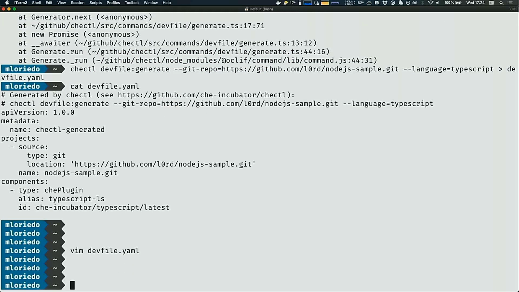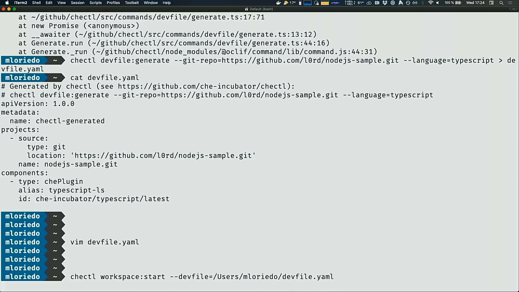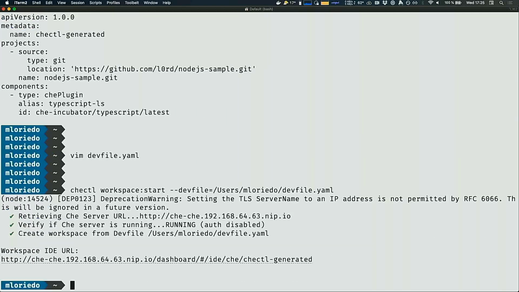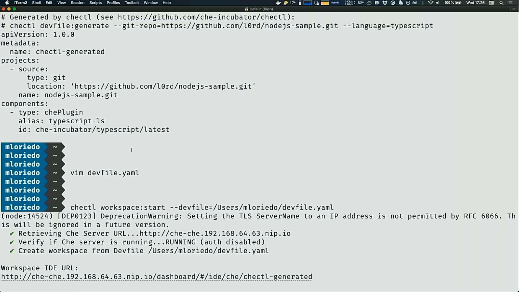Once I have that, I can use chectl workspace:start --devfile=. And that command will actually do a request to the Che server API and start the workspace that is defined in this short devfile.